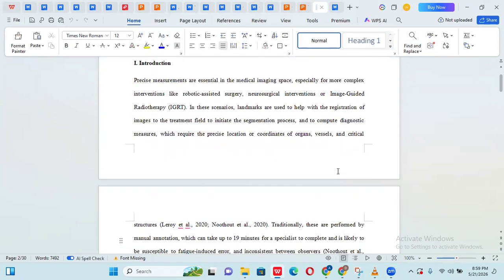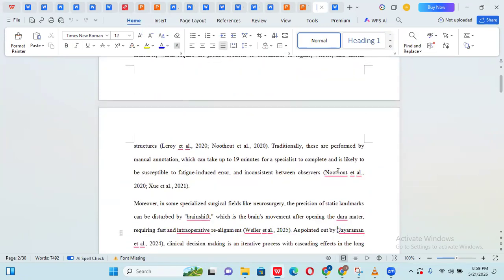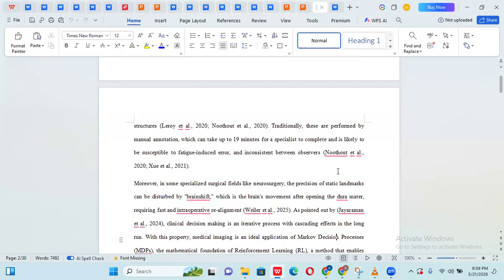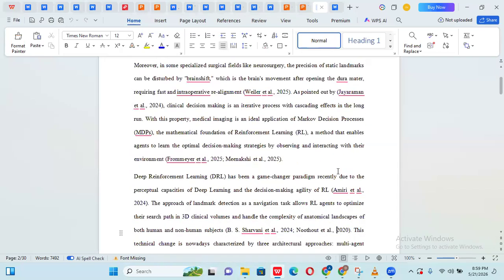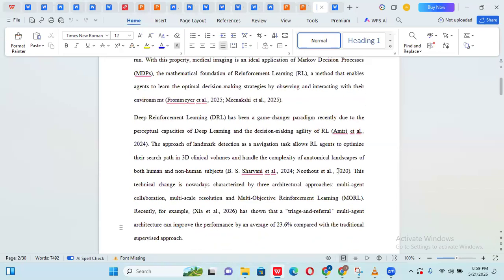Now, I want to show us something. This is a work that somebody sent to me that will help him to reduce the plagiarism of this work. Of course, the person paid for it. On doing it, I saw some errors in the citation and references, majorly in his citation. So I want to show us so that we don't make the same mistake.